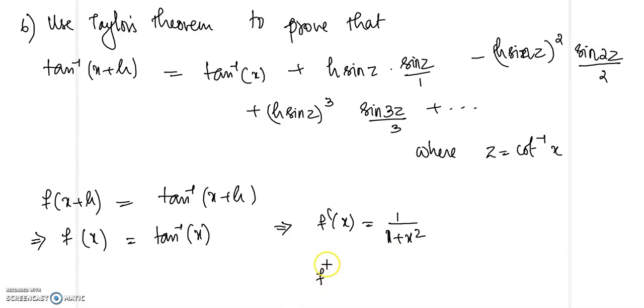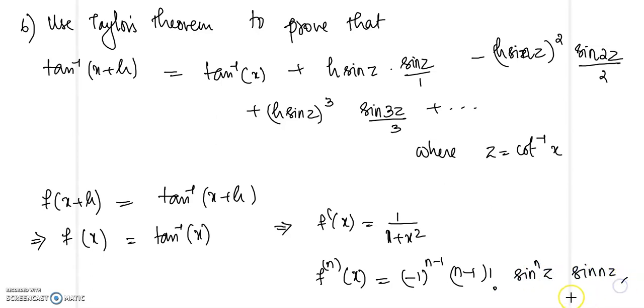So I leave it to you finding that. So fn of x will be obtained as (-1)^(n-1) (n-1)! sin^n z into sin nz by ... So here z will be cot inverse of x. So x equal to